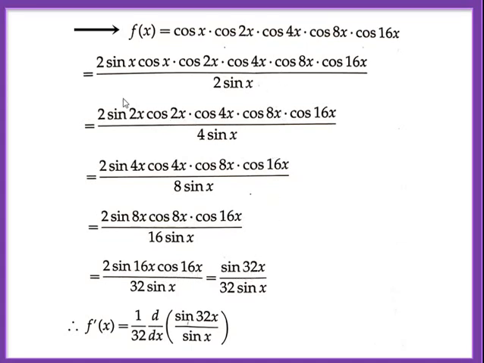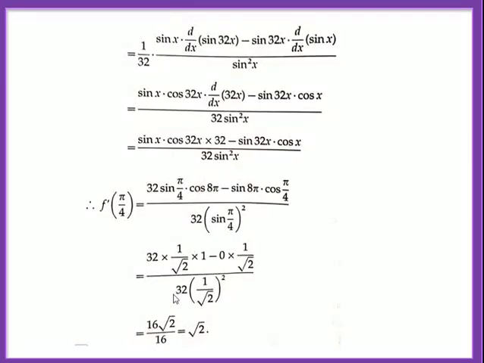Every time you multiply numerator by 2, you have to multiply denominator also by 2. So the given function can be simplified as sin 32x upon 32 sin x. See, this is basically a sum on trigonometry and not on derivative, right? Now rest part is simple. How to find derivative? You have to use quotient rule. 1 upon 32 is constant. So when I apply quotient rule, this is denominator into derivative of numerator minus numerator into derivative of denominator upon denominator square. Derivative of sin 32x is cos 32x into derivative of 32x, which is 32.